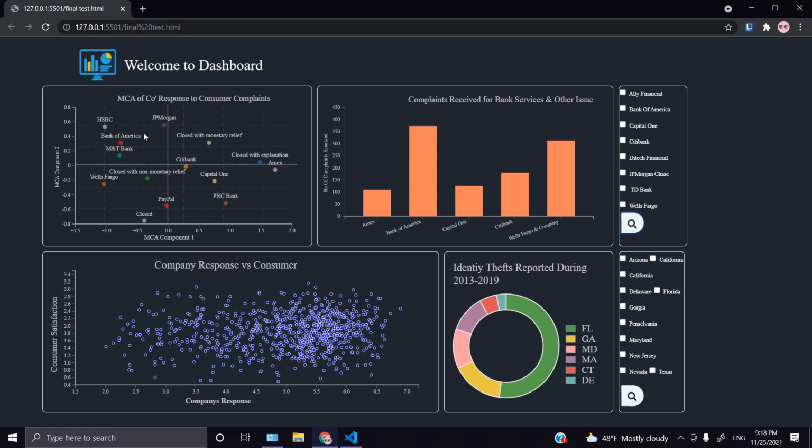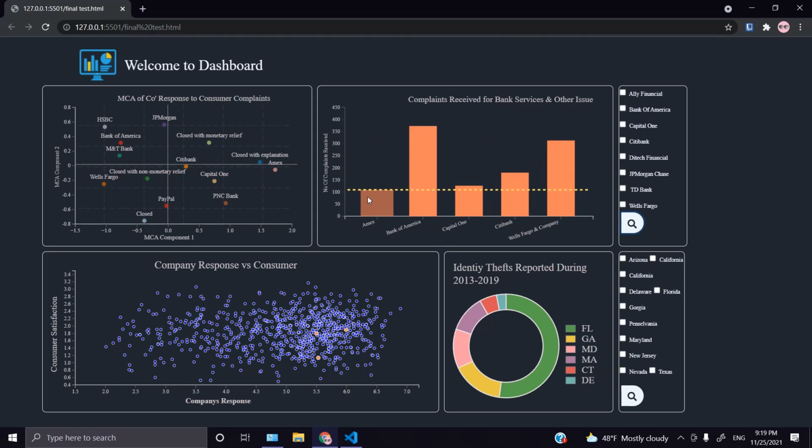such as Bank of America. It's not really close, but it's in between close with monetary relief and close with non-monetary relief. But if we see the data from our Bank of America, they have a higher score of customer level satisfaction, and they're responding in a very effective time. If you go to JP Morgan, it seems that they also have higher data. But if you go to Amex,